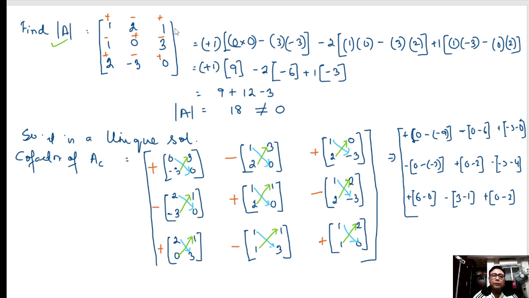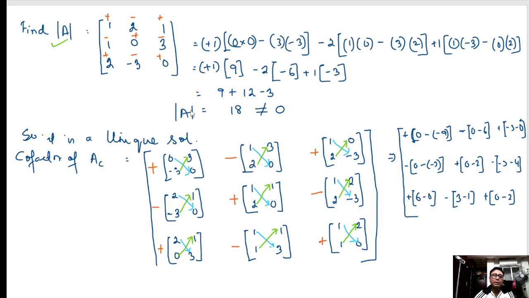Next, for plus 1, you cannot take this row and this column. So what is left is this. So it will be 1 into 3 minus 2 into 0. So here I have written for plus 1. Okay. So this is how we find the modulus of a matrix, and then we calculate and